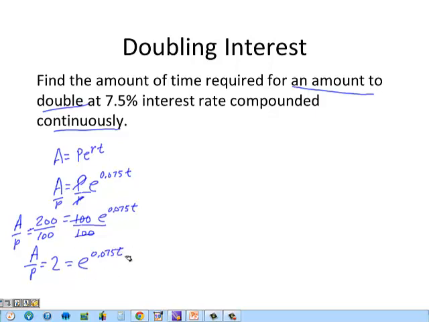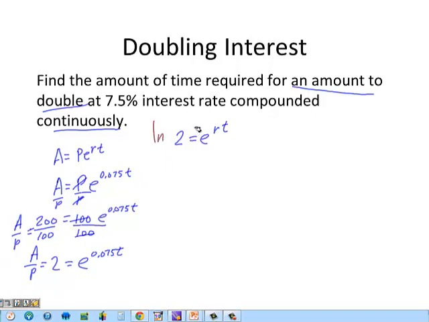And you can solve it for t because it's always going to be 2 when it says it's going to double, right? And the question's always going to ask you for doubling. And if it says tripling, you would use 3, but I rarely see that question. So this will always be 2. So you're just solving for t here. Well, since it's always going to be 2, the only thing that's going to change here for doubling is the interest rate. If I can just keep this as r for a second, then I'm going to make myself a general rule. The general rule is if I take the log of both sides,